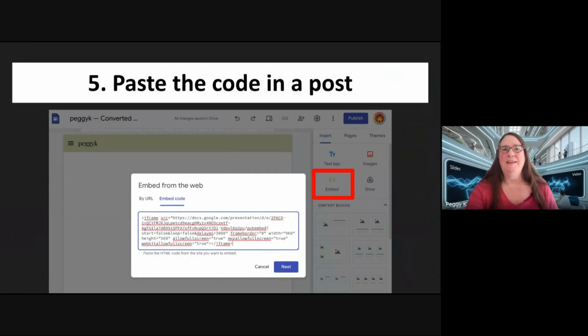So this is how I embed presentations in the On eBoard news posts that